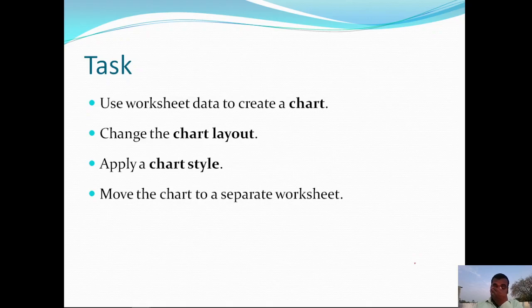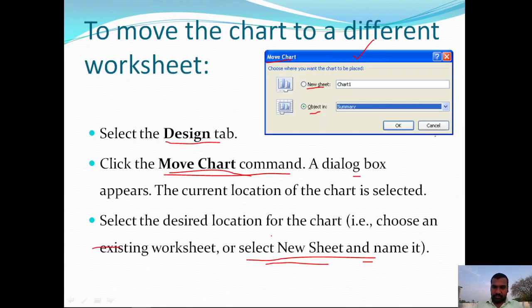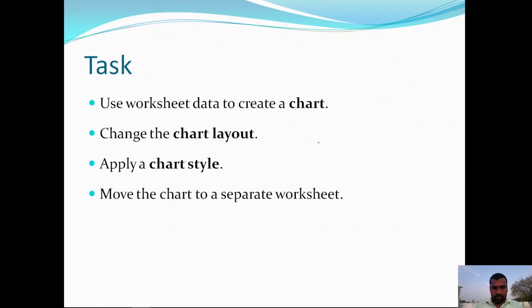So this is about today's session, and these are the tasks that I am expecting from you. Use any worksheet data to create a chart. Try to create worksheet data, and for the data create a chart. Then try to change the chart layout and apply a chart style. Move the chart to a separate worksheet.